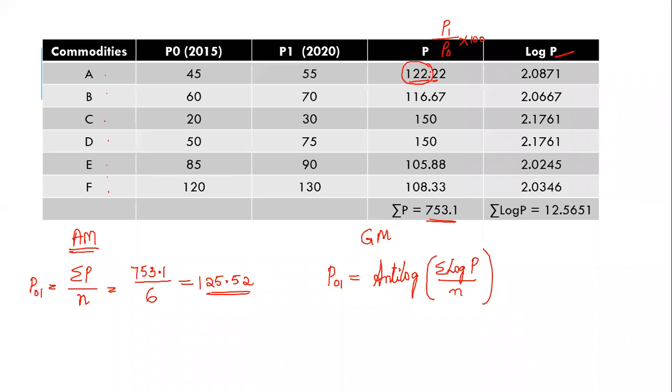So what you have to do in the log table, okay, whenever you do the log table, when you put a point, what you have to consider is, if the value is 3